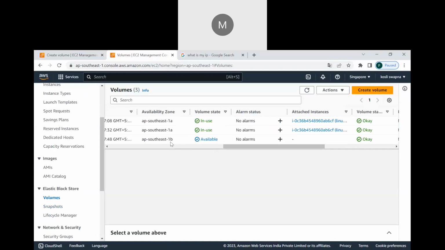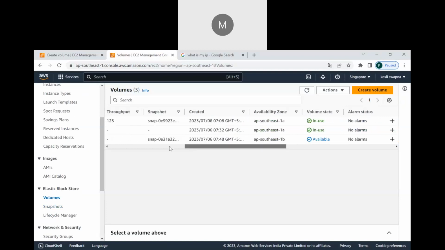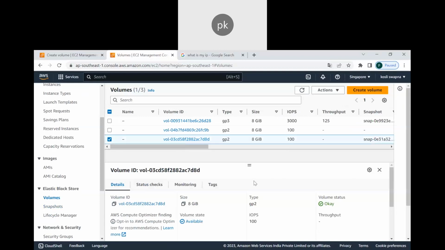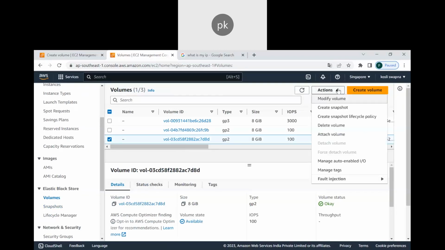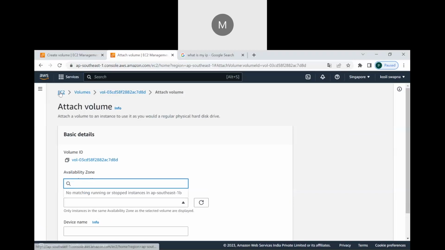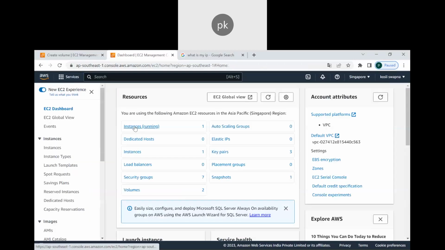So I created it in 1B, right? Availability zone, correct. Yeah, this is your availability zone 1B. So from this you can attach to a particular instance again. But in availability zone 1B, you have not created any instance, right? So if we launch one more instance,